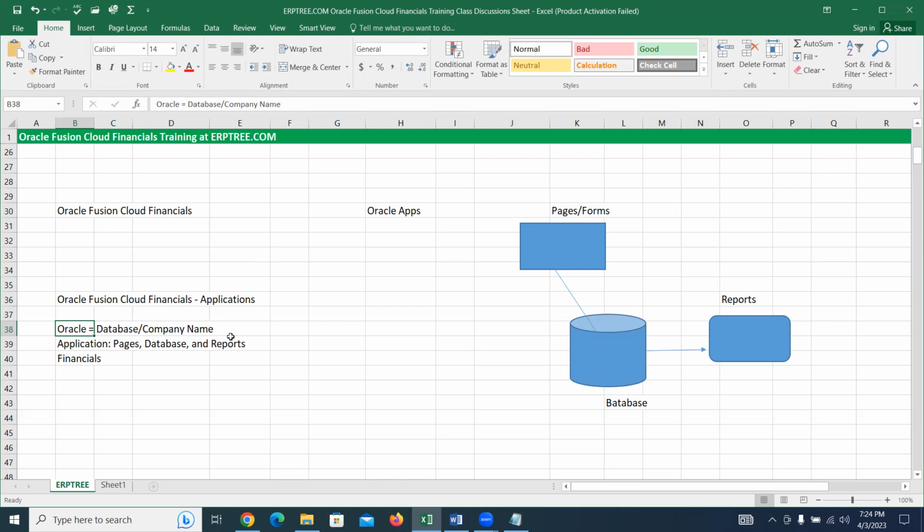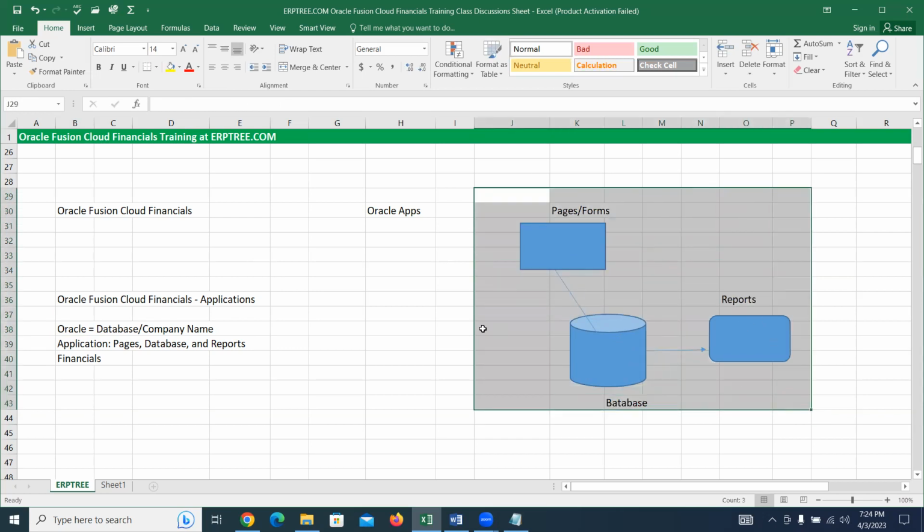They became very successful and made a plan of developing applications. They came up with only the database concept at first. Later, they developed different business applications, and to view the relevant data, they developed reports. All put together, we call applications. That's how the Oracle company, which became very successful with the Oracle database, made a plan of building applications.